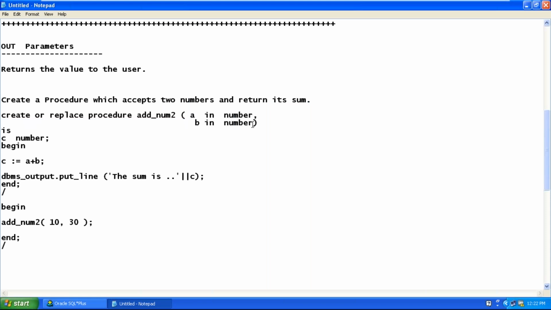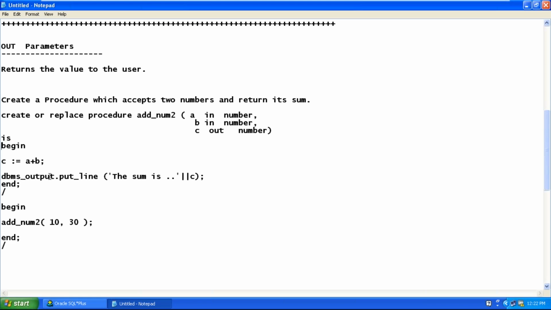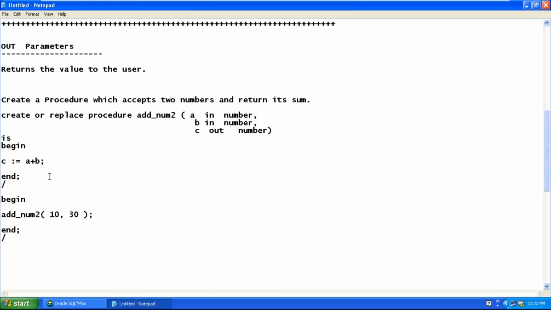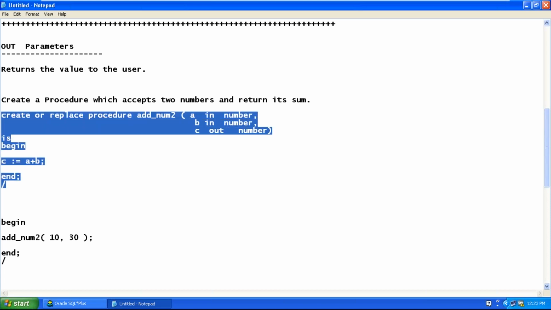You should write comma, C, followed by OUT, followed by NUMBER. You don't need a local variable again, because we already have C, so catch the value into C, that's it. We don't want to print it. This is a procedure which is returning the sum.